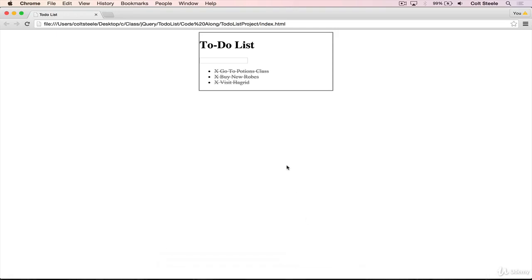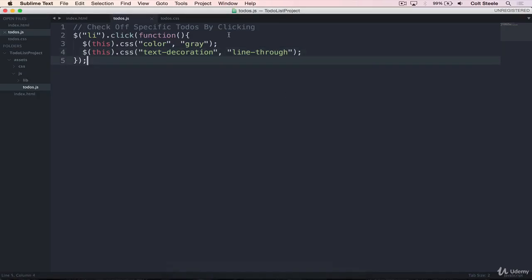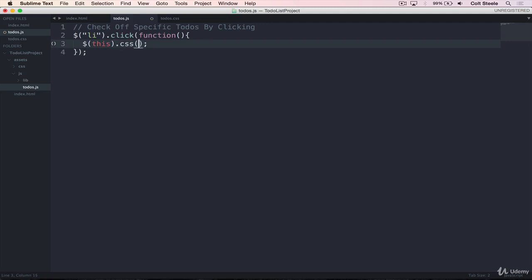But of course, there's always an easier way of doing that. So rather than doing it on two separate lines, you might have remembered how we could define an object with key value pairs and just do one single this.css call. So we'd add an object in here, just like that. And we need to add in color, gray,